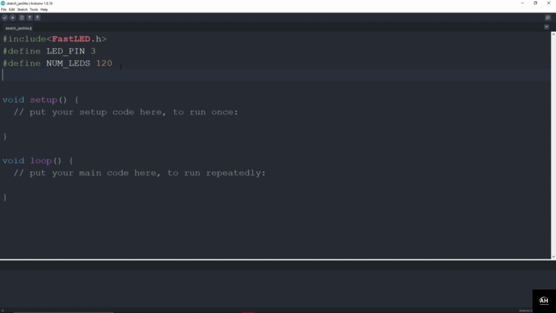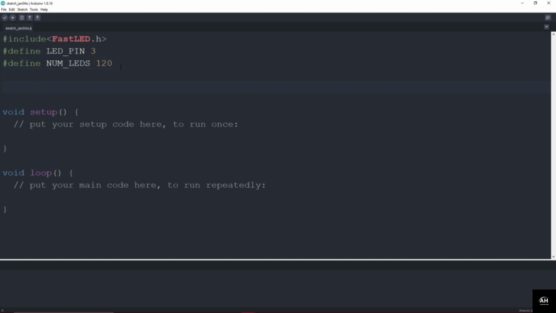And after that, in the next line, we also need to create the array of these LEDs that we are using. So we need to create this array of 120 LEDs here. So I will just type here CRGB, and I will just type here leds, and in square brackets I will just pass the NUM_LEDS, and we will add a semicolon at the end of it. So this is the array that we have created and we can call it anywhere in our program. So it will be referring to all the LEDs, which are in total 120 LEDs in our case,